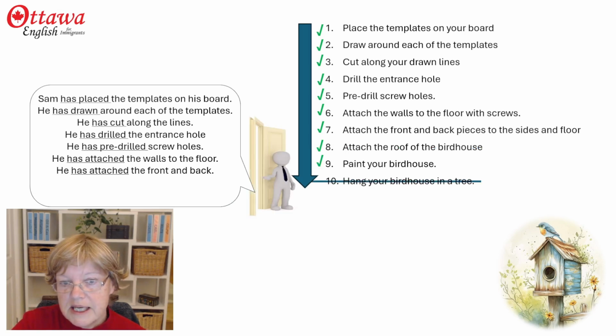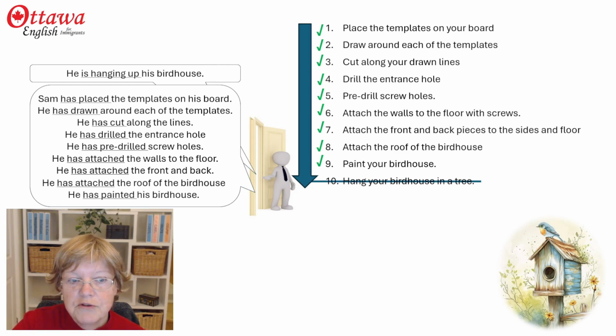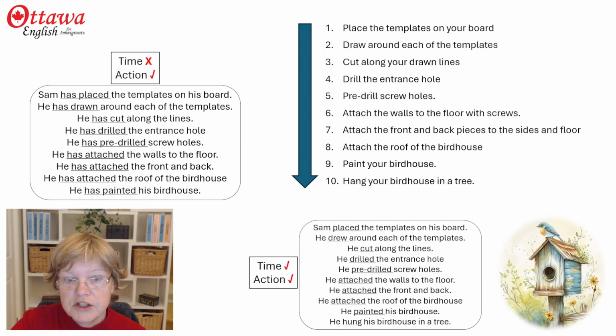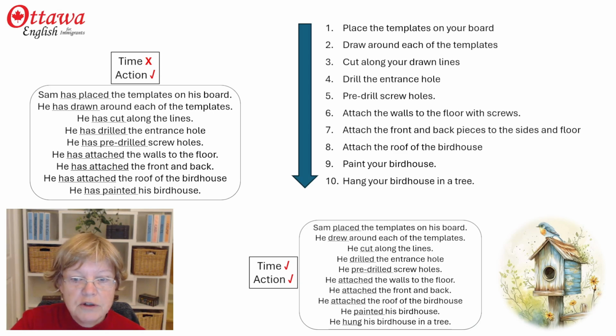So now if we come in down here, we would refer to that as he is hanging up the birdhouse. And for 8 and 9, we would say he has attached the roof and he has painted his birdhouse. Now that all of that making the birdhouse is finished, the time is finished and the action is finished of each one of those things, now we use the simple past. Sam placed the templates on his board, he drew around the templates, he cut along the lines, he drilled the